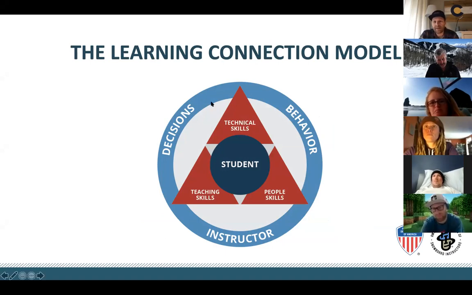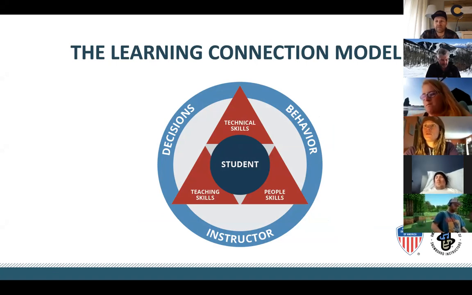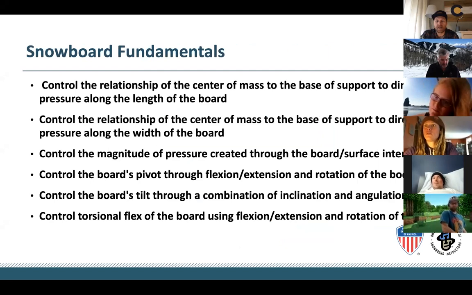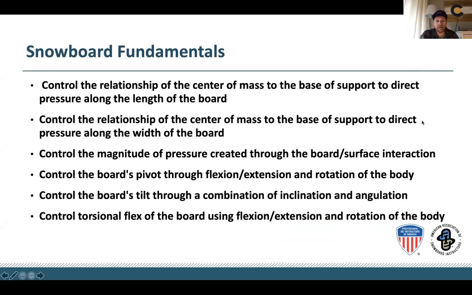What we're going to be talking about today really lies within this technical skills corner, the fundamentals of snowboarding, and it's built upon the concept of body movements and board performances. These are the 6 snowboard fundamentals, and they are written very similarly. The first 5 are almost identical to the Alpine fundamentals. Control the relationship of the center of mass to the base of support to direct pressure along the length